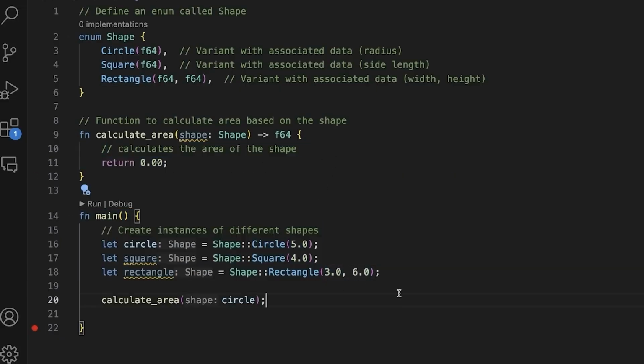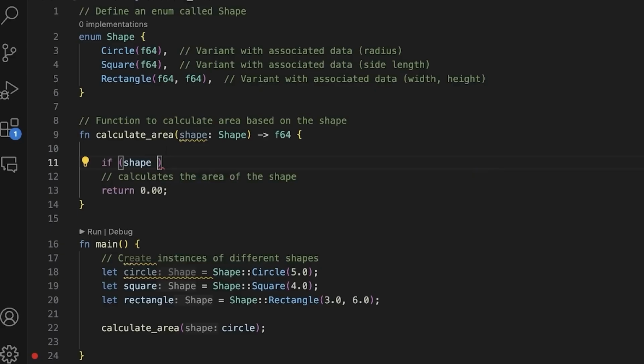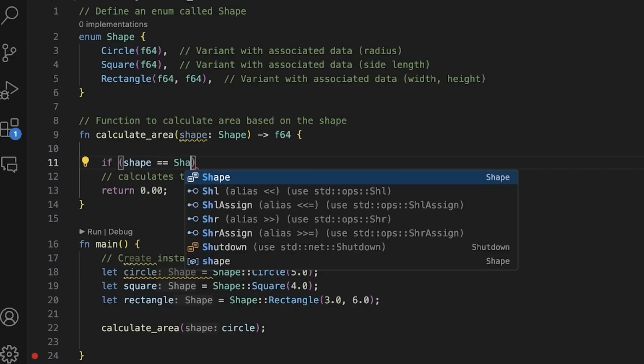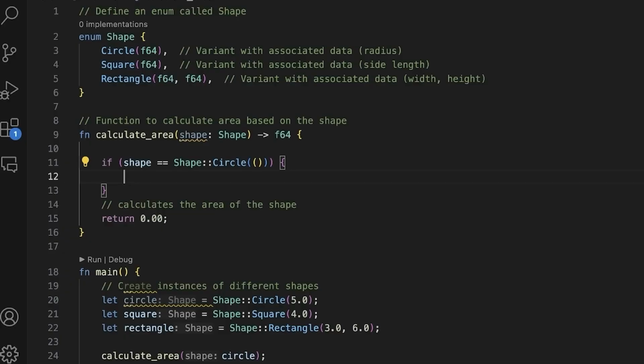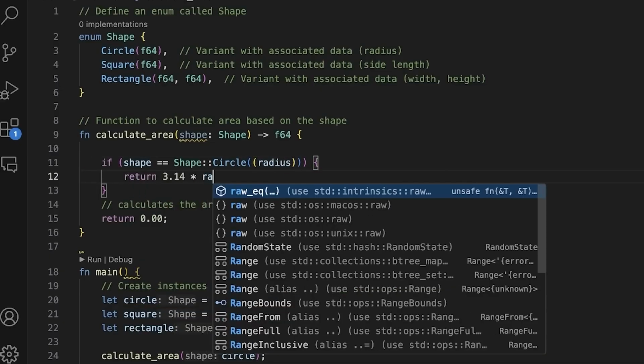You made this. This is very easy, very contrived example. Show me how can you calculate area. Will I do something like this? If shape equal to, shape::Circle. Something like this, Harkirat. And how will I get the data of the circle if it is that? How will I get this circle radius so that I can return 3.14 into radius,